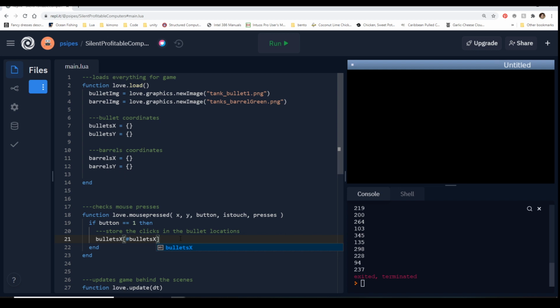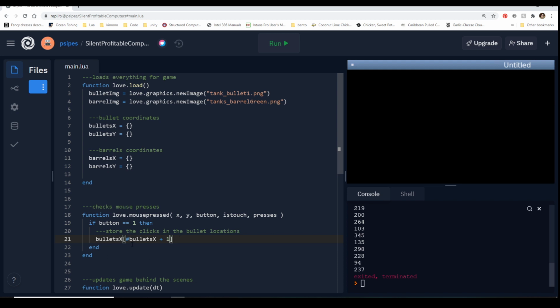And remember, tables are weird in Lua because they start at 1, which means when you did Java and stuff, you're used to saying, oh, I gotta do length minus 1 to actually get to that last element's name. You don't have to do that here. So all we have to do to get to the last one and then go to a new one after the last one is to add a 1.